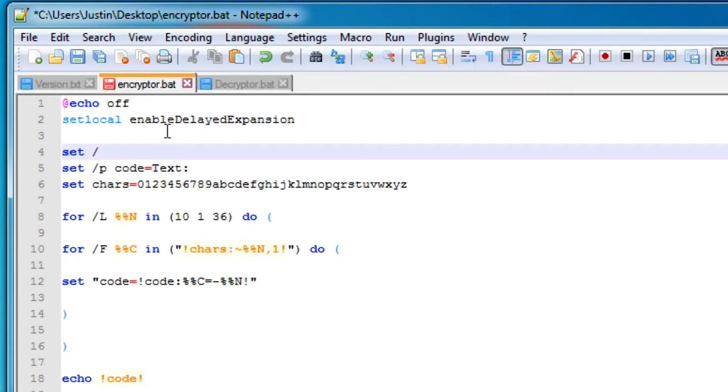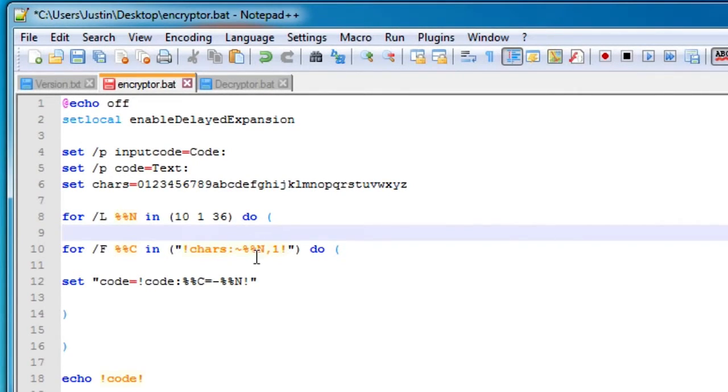So let's just ask for a code here, and we'll set this as input code. And then here we'll ask for code, just like that. Oops, I did it wrong there, equal sign. So it's going to ask for code, put it into the variable input code, and now we're going to be